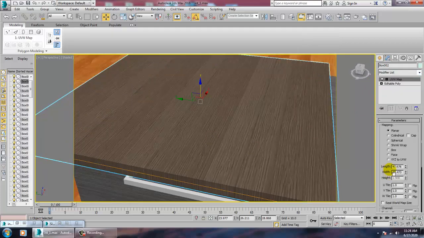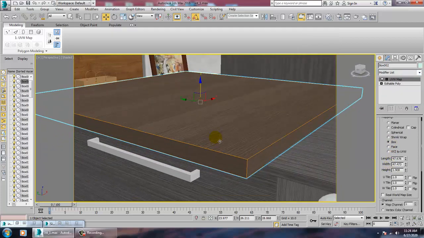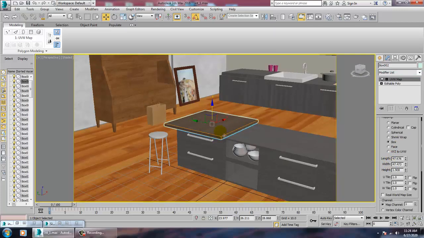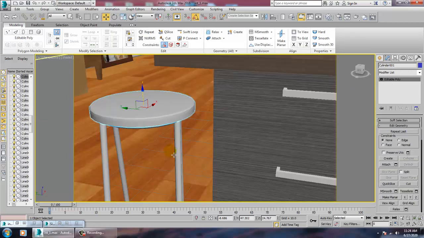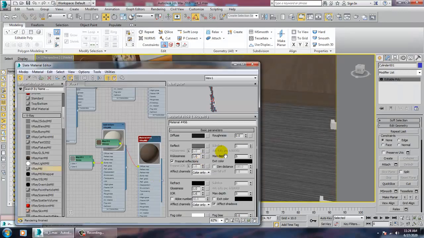Give a UVW map, fit that particular texture right away, and also we need to give a texture over here on top of this.